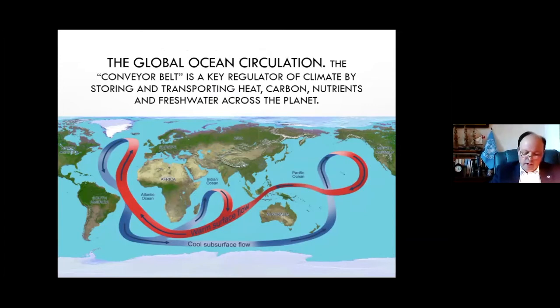So the ocean is connected by this global circulation, also due to other factors such as salinity, seawater density, oxygen, and nutrients. But the important thing here, please notice the red band there, which represents transportation of heat, the warm surface flow, and then the cool subsurface flow. I will explain a little bit more about this, because this global circulation is actually vital for the survival of the whole planet, and this interaction.